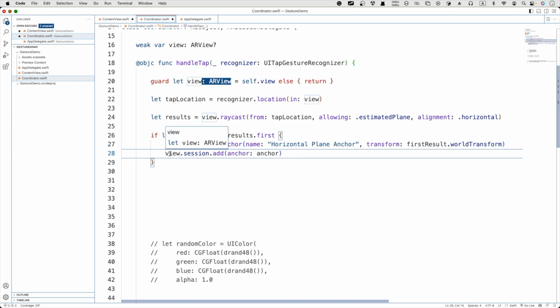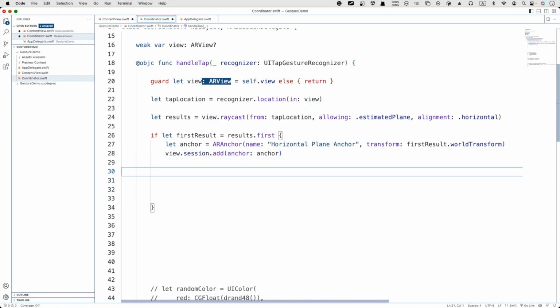And then you add to the view session. So this session is when you open that. This is one session. Okay, so you add the anchor to the view, and then you already got the anchor, but we haven't got an entity yet. So let's add some entity, anchor entity. Yeah, let me use model entity. Model anchor, I already got that. So model entity,